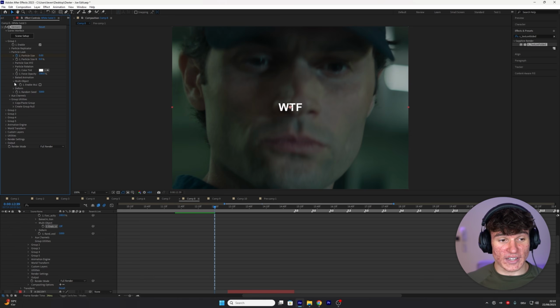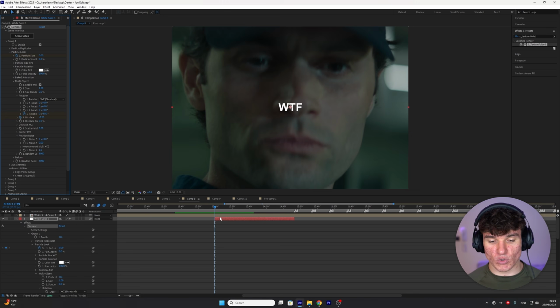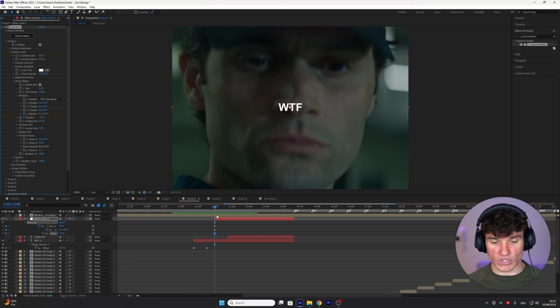Then I'm going to open multi-object and enable it. Inside of here, I'm going to set 2 keyframes, one for the rotation random, and I'm going to reset this from 0 down to negative 50. And the second keyframe I'm going to set for the displace. Put this from 0 down to negative 0.2. And if we press U on our keyboard, you can see we have all of these 3 keyframes appear on